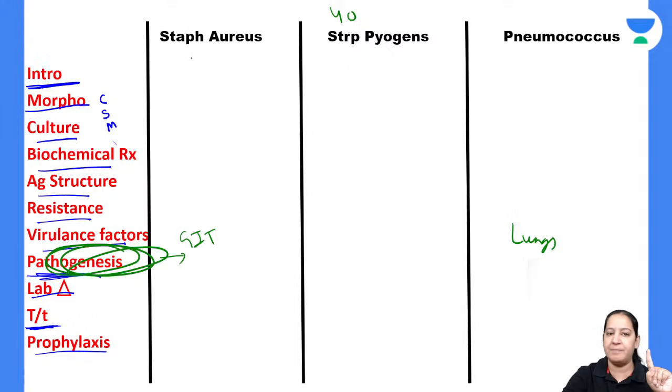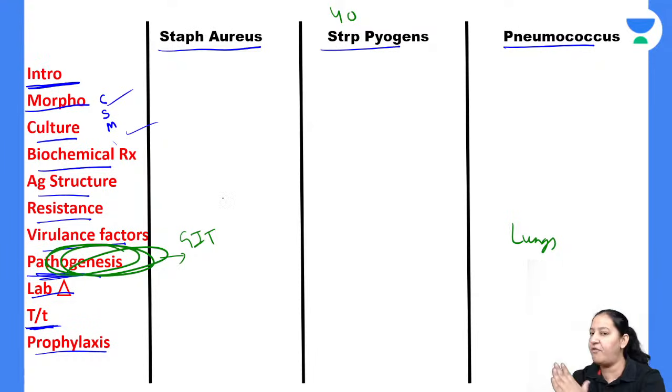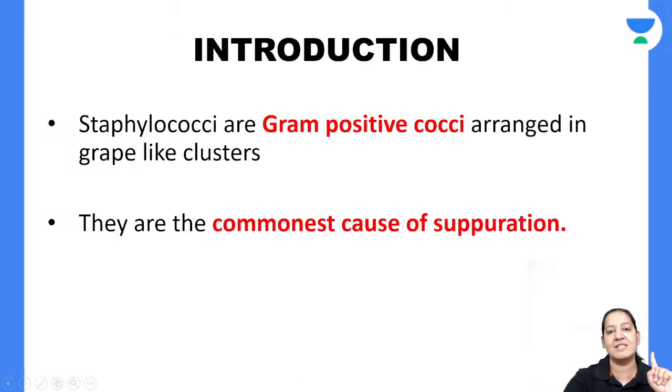Today I will teach you the first chapter, Staphylococcus. Staph aureus is the main bacteria there. So you will understand everything. But tomorrow when I teach you Streptococcus, then Pneumococcus, you will forget Staphylococcus. So once the tables are there, in a comparative manner you will study all 40 bacteria. You will never forget. You can compare the morphology of all of them. You can compare the culture media of all of them. So you can learn the bacteriology in a comparative manner. So the retention will be very, very easy. Have you got my point? Okay. Let me start the first bacteria, Staphylococcus.